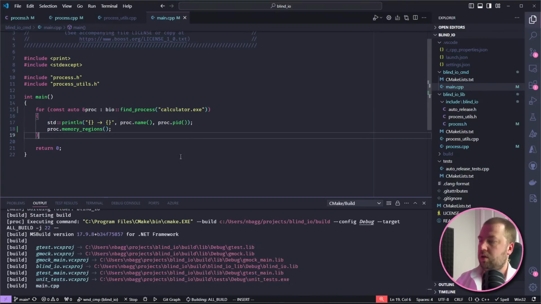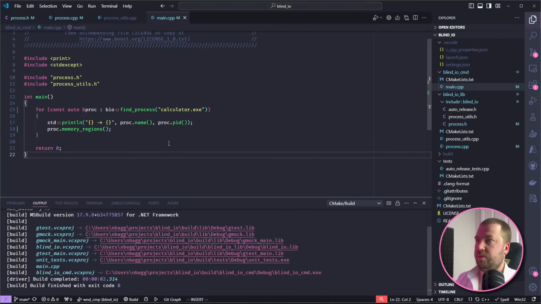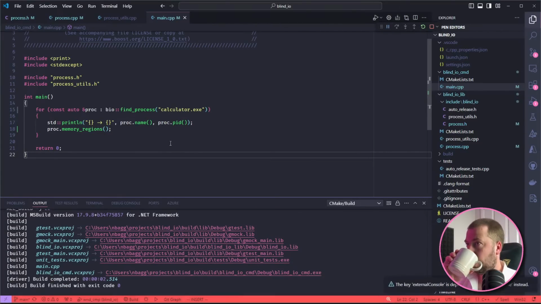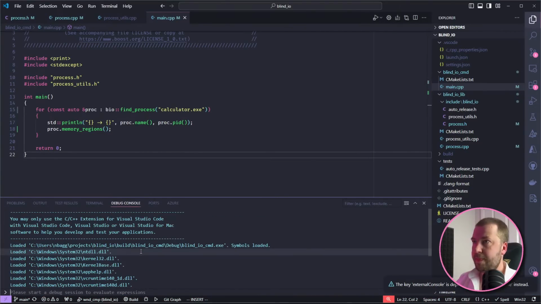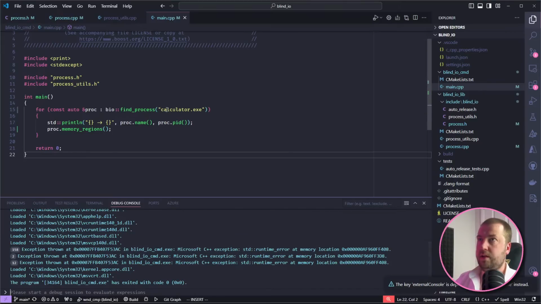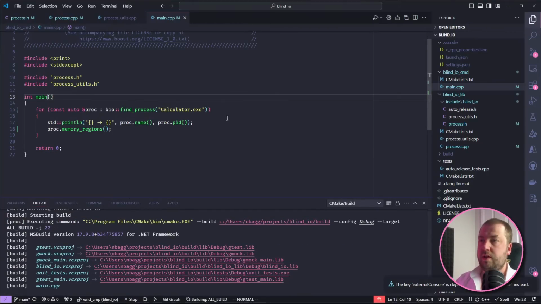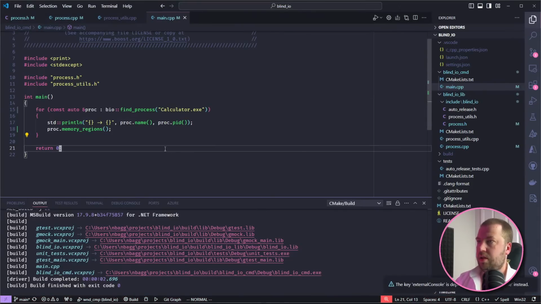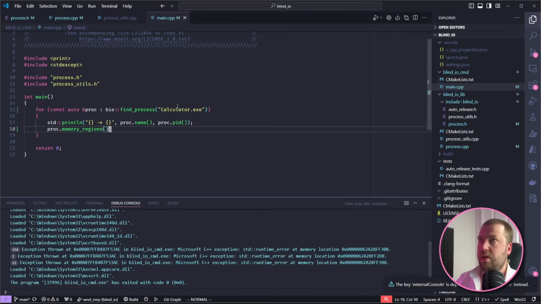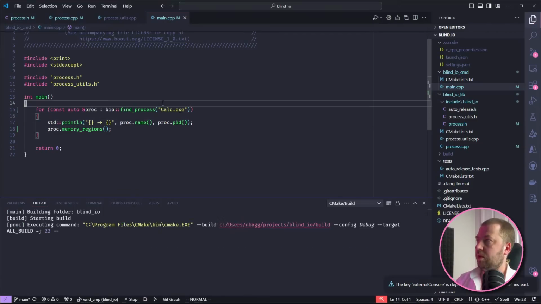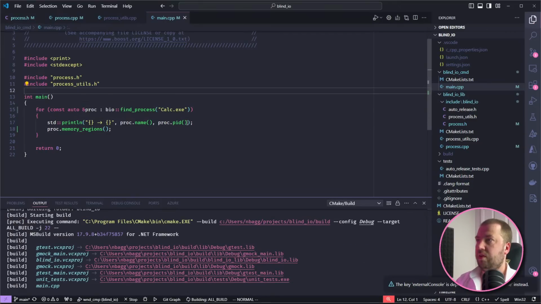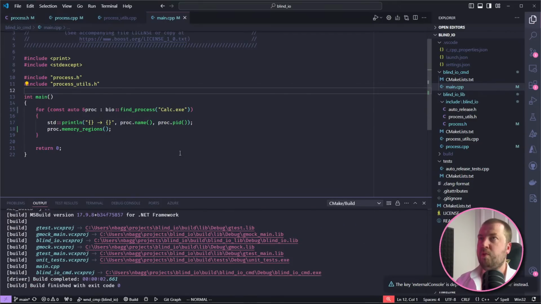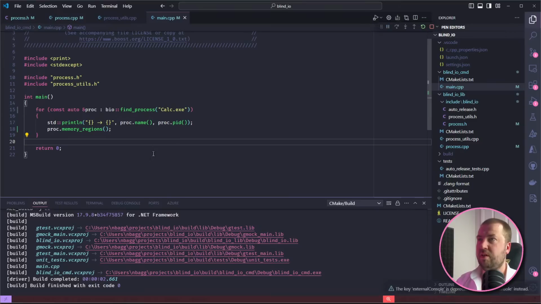Calculator. You're right, someone said it might be calc. Yeah, let's try calc. If not, we'll go back to Firefox, because no one's particularly interested in watching me play guess the executable name.